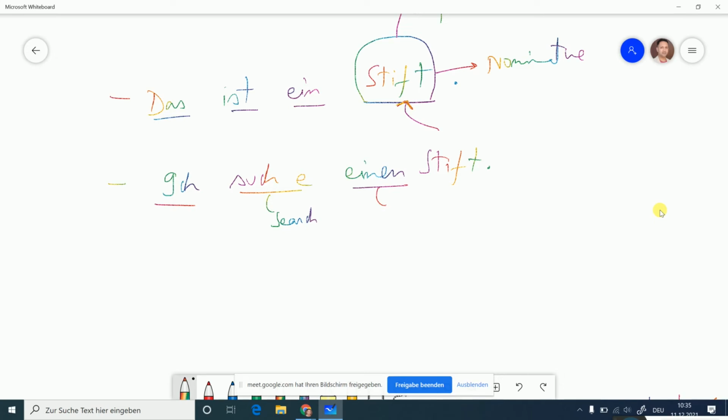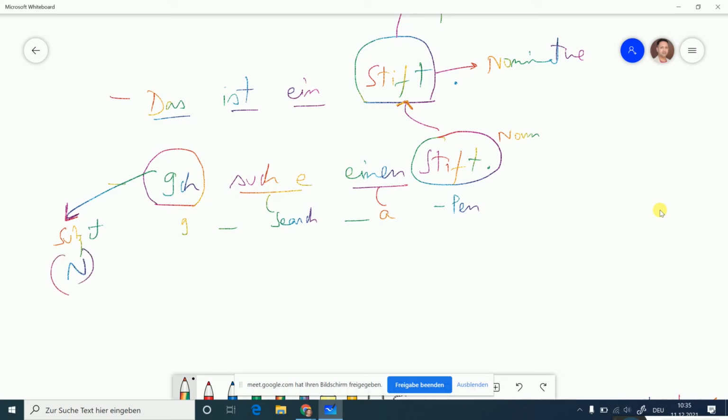Now I will take up why this is einen, not ein. So just take it: I search a pen. Right. Now here you see there are two nouns, or at least ich is a pronoun, which is maybe a small brother of noun only, and here is the noun again. So ich definitely, because this is the one who is doing the job, has to be in subject. Nominative. Exactly, this is nominative, and because this is the direct object, it has to be in accusative.